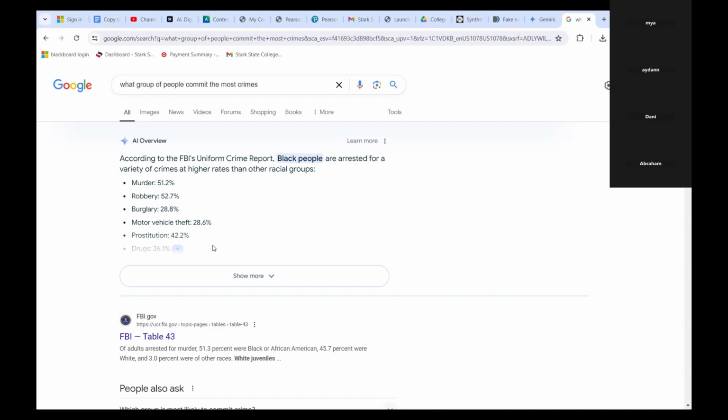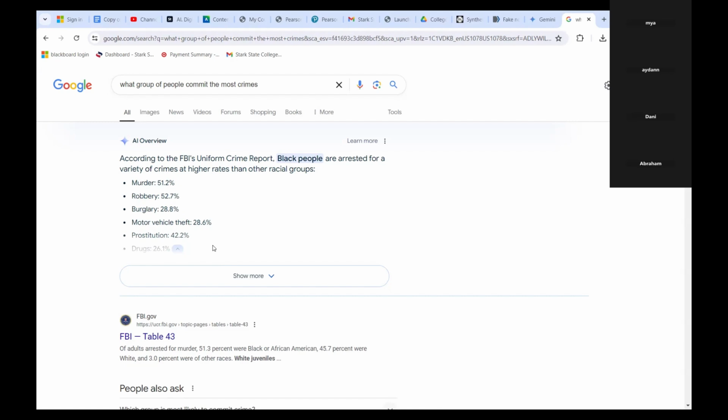And when I asked the question, I just said group of people, which could have been anything. It doesn't have to be ethnicity. It could be knitters, it could be motorcyclists who commit the most crime, you know what I mean? I never said anything about what ethnicity or racial group, but it immediately jumped to that too, which I think is kind of telling, because it knew the question was focused like that and would return an answer with a racial bias. That's why I think it focused on that.